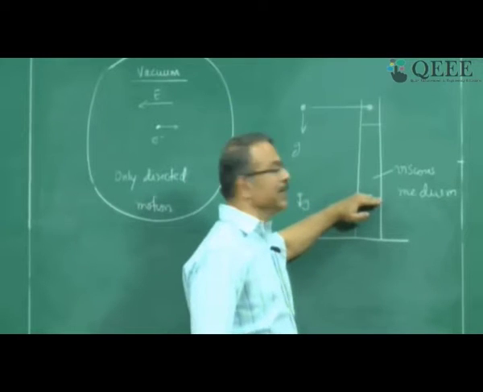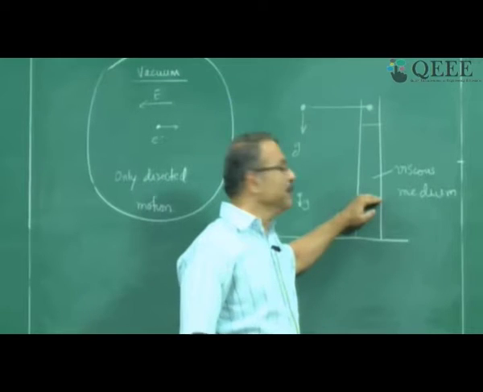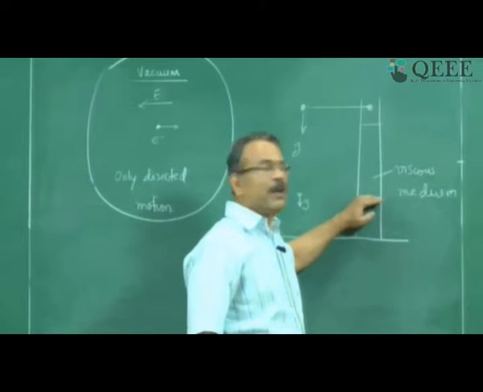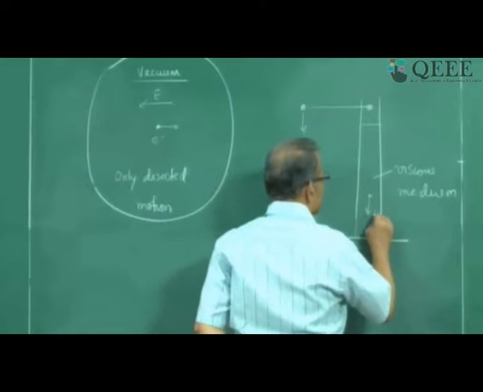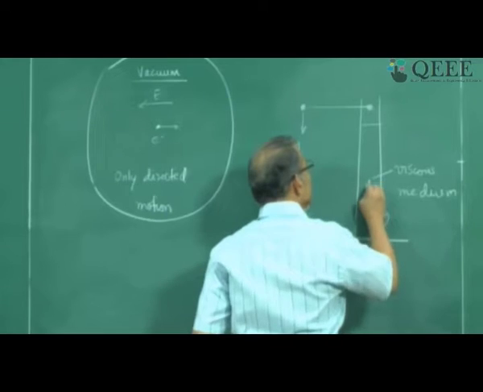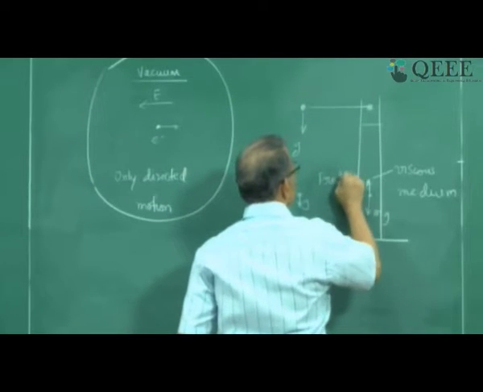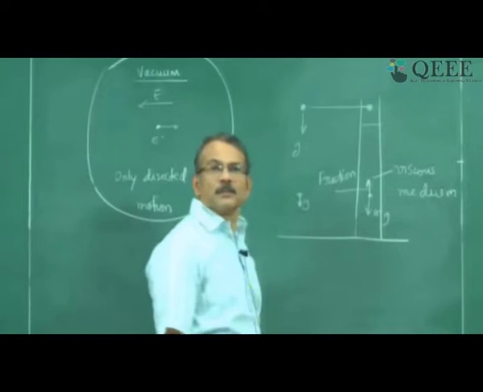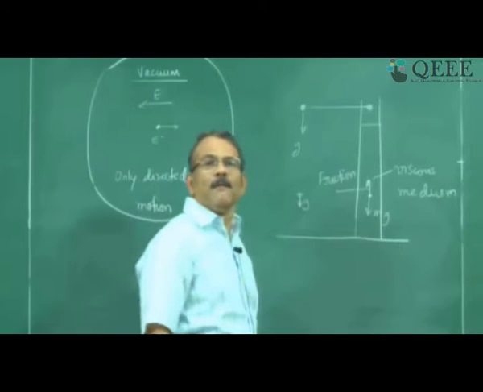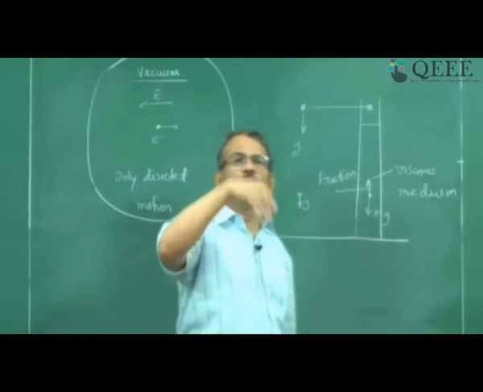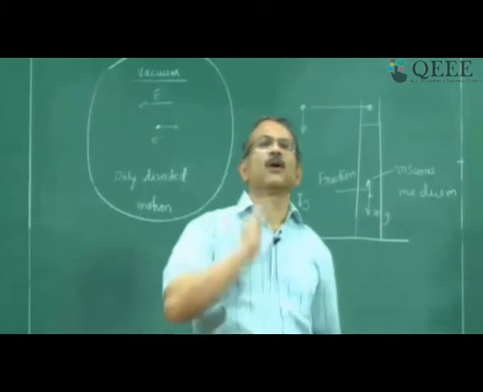This is called terminal velocity. The word used to describe the velocity of the steel ball in a viscous medium is terminal velocity. Why? Because there are two forces acting on this ball. One is gravity, mg, and the opposite force, because of the viscous medium, is friction from oil molecules. So the frictional force becomes equal to the force due to gravity, and once the two forces are equal, there is no net force on the ball, and therefore it moves with a constant velocity.